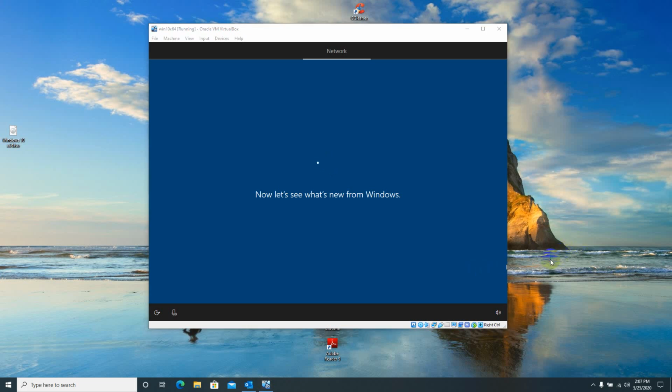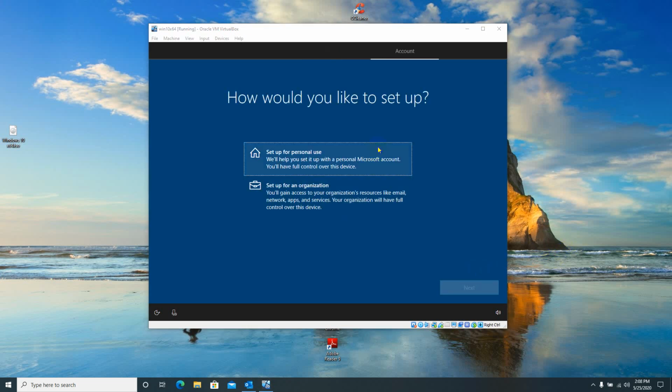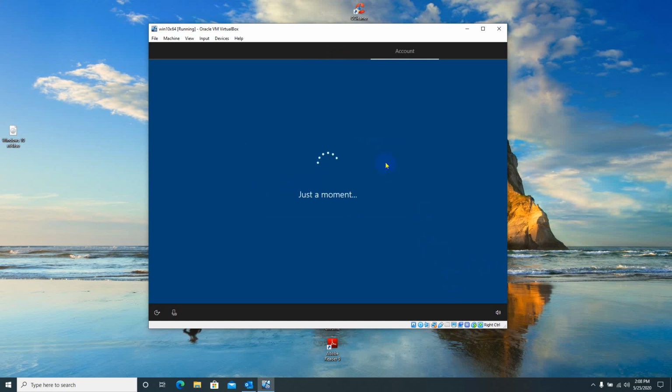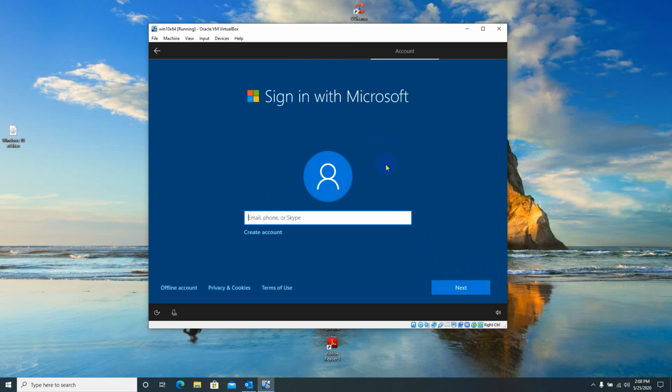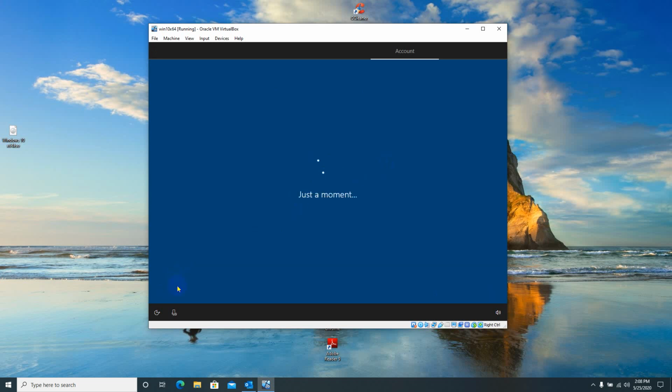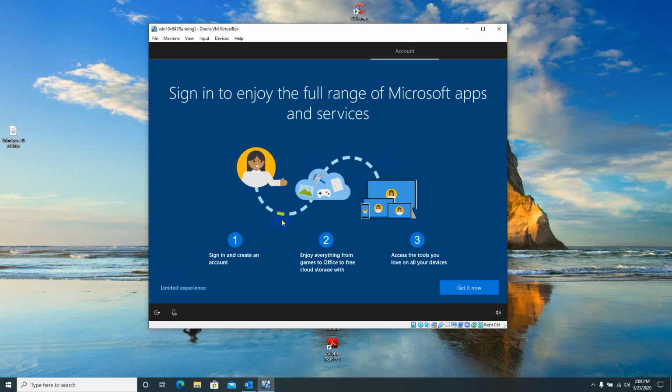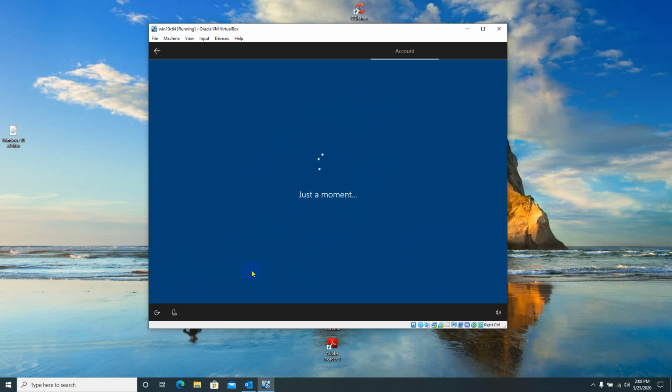Let's wait till this process completes. I will keep personal use. The options don't differ much even if you select the organizational purpose. I will go with offline account. If it is an organization, you will be prompted for AD to connect, but you can sign in with limited experience.